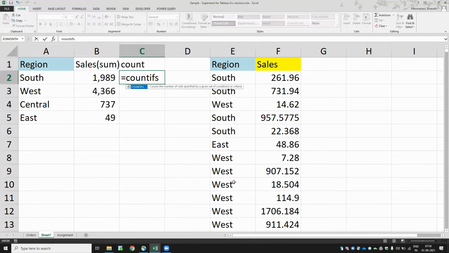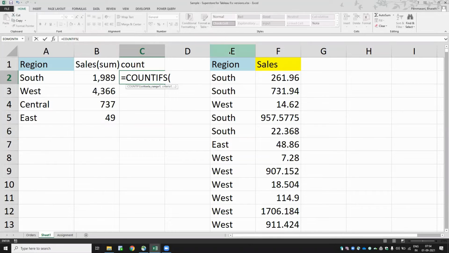First, for everything, don't use COUNTIF, SUMIF and all. By default, you follow with the COUNTIFS and SUMIFS. So what is it asking for? Team, can you see my screen? Criteria range. Here there is no sum range. We are not doing any sum, so there will not be any sum range. We are just going with the criteria range.